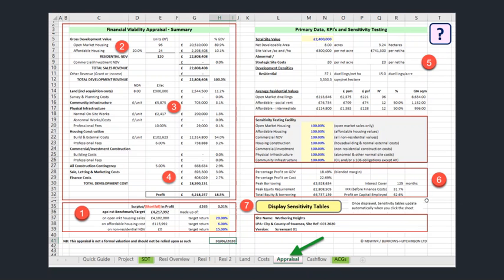Based on the target percentages in those 3 cells, the DVM calculates a total target profit for the development, which is displayed in cell E36, and compares that in G35 with the actual profit that the appraisal is showing in G32. The figure in G32 is simply the residual profit, arrived at by deducting all the costs in column G from the total development revenue in G12. In this case, my financial appraisal is showing that the development should achieve the target margin with a very small surplus over and above that of